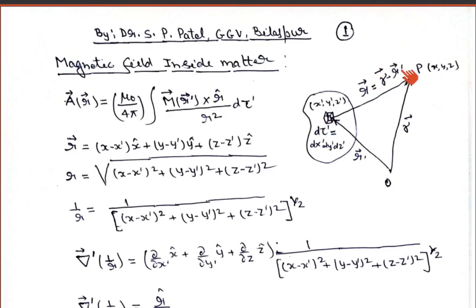Okay, so in order to find the magnetic field, we know that if we are able to write down the magnetic vector potential at point P due to this magnetized object, then if we take the curl of the magnetic vector potential, that will give the magnetic field. Remember, we know the magnetic vector potential due to a magnetic dipole, which I covered in one of my lectures. It is equal to mu 0 upon 4 pi, m cross r unit vector upon r square, something like that.